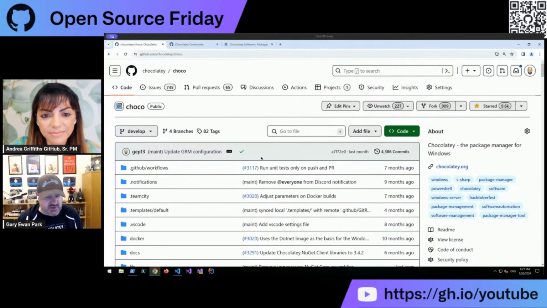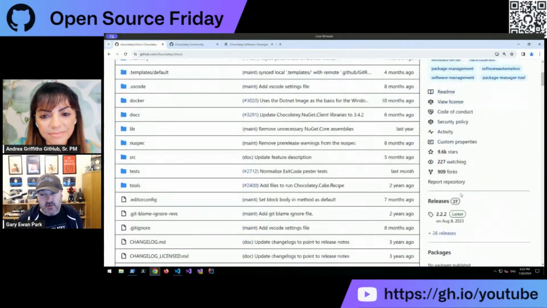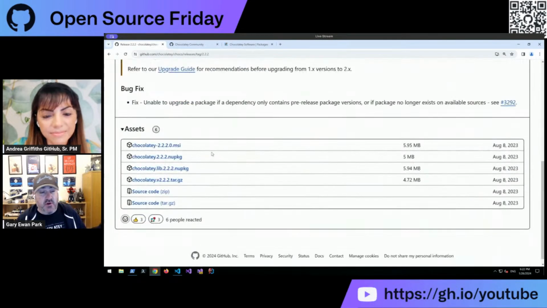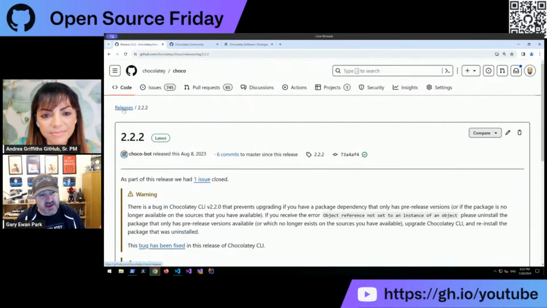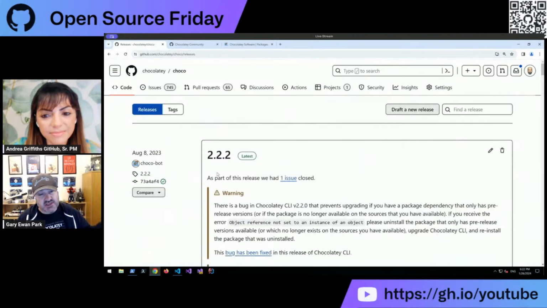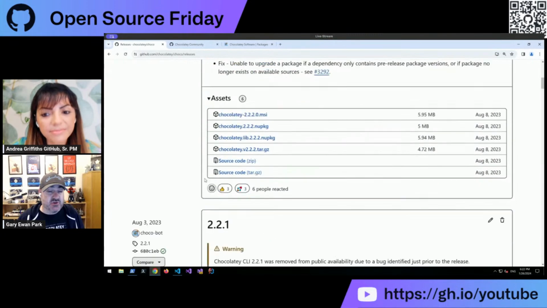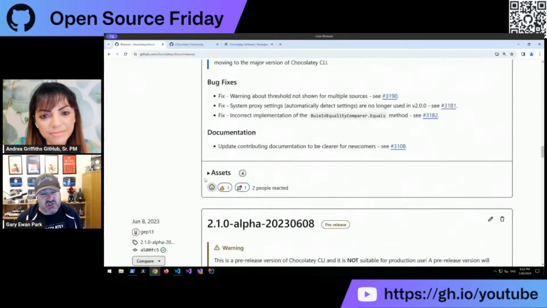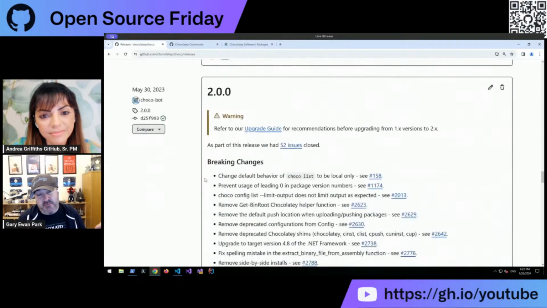So we have had a fairly big release recently of Chocolatey. That was our 2.x release. Our reasonably big release is the 2.x release of Chocolatey. So if you wanted to, you could read through all of the release notes, because we maintain all the releases in GitHub. But in the 2.x release, which I scroll down to, the 2.x release saw us switch from,